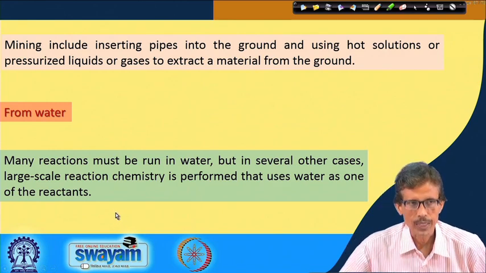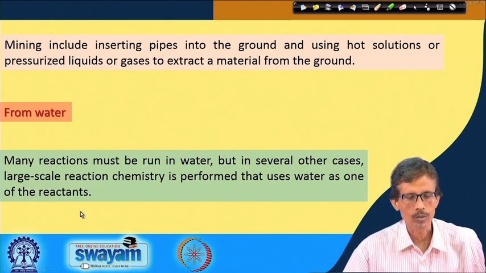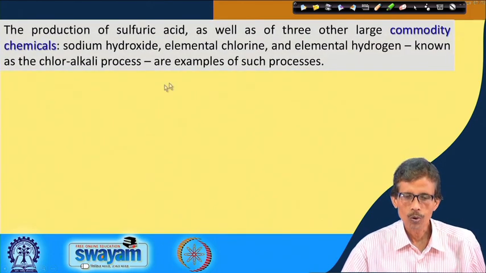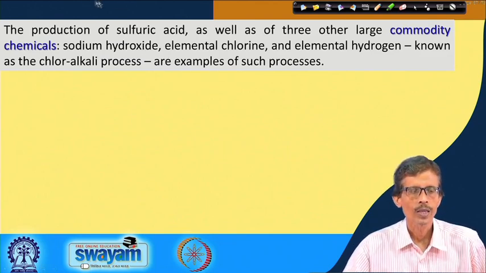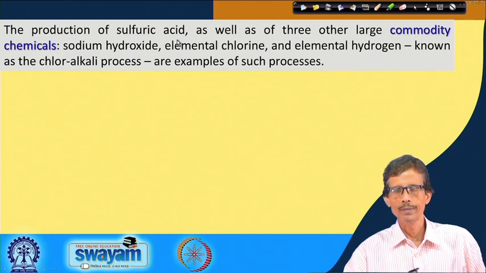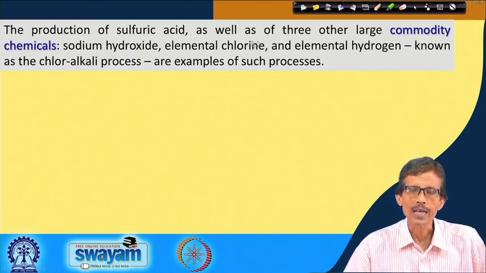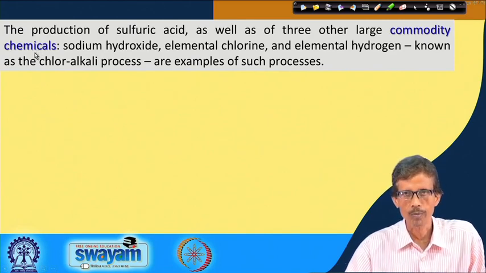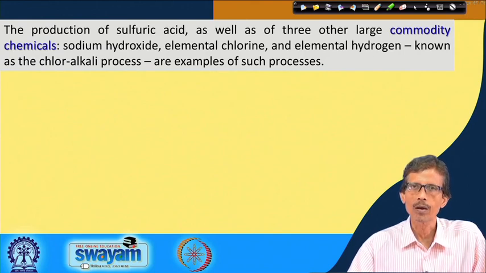So, the quality of water, the purity of water and its particular source are important for utilization of that water for industrial purposes. We go back to that example we have seen in terms of the formula, that means the production of sulfuric acid. How we produce this sulfuric acid is basically the same as for three other large commodity chemicals. We have seen what we can consider as the raw material, the bulk material or the bulk inorganic chemicals.